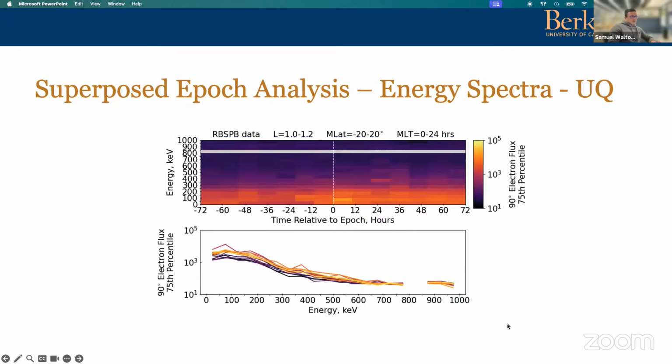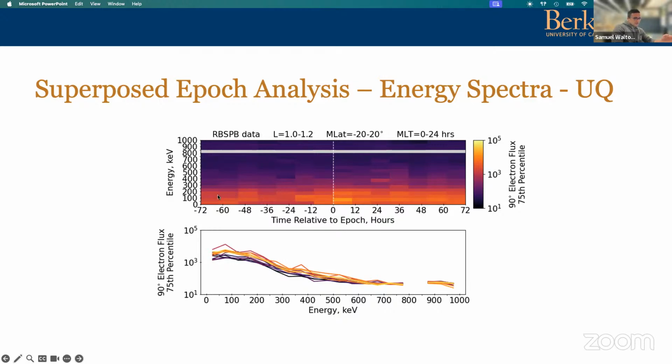But as we've done with the other plots, looking at the upper quartile, so the 75th percentile, this cliff edge starts to become a little bit smoother, and you can see from the profile that it is less of a cliff edge. In the most extreme cases, it does seem that you can get higher energy electrons going below the inner radiation belt. And this is during storms.